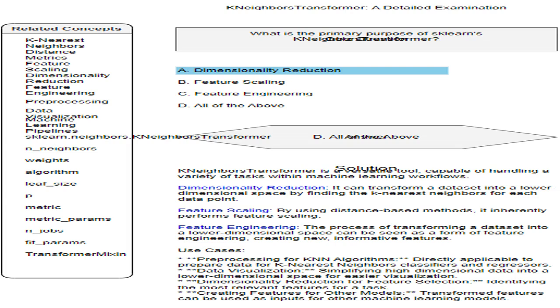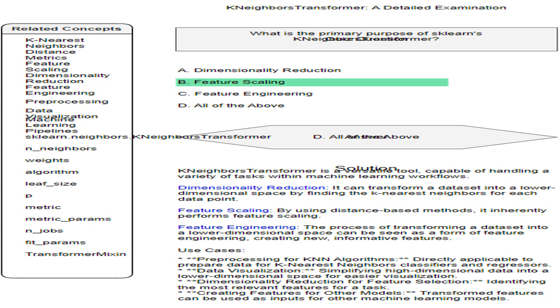Dimensionality reduction. Correct. K-neighbors transformer performs feature scaling implicitly as it relies on distances between data points. Distances are sensitive to the scale of features, and the transformer inherently handles this scaling process. X0A. Feature scaling. Correct. By finding the k-nearest neighbors and transforming the data, k-neighbors transformer creates new features, which can be